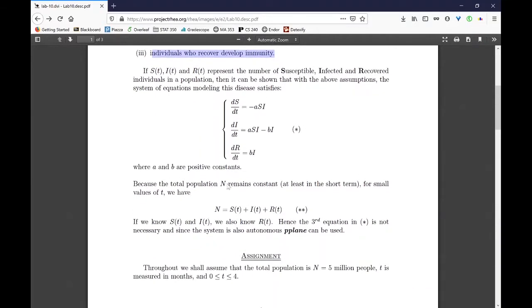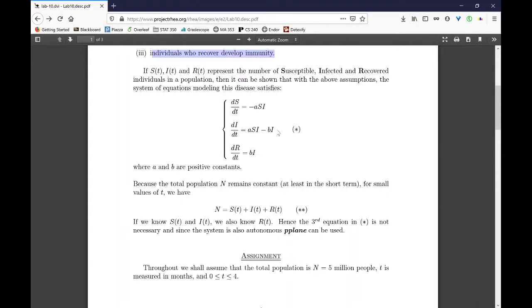Because the total population, which we'll just call N, the number of people in the population, remains constant over a short time period, we know that N is equal to S of t plus I of t plus R of t, and we can rearrange this and show that R of t is equal to N minus S of t plus I of t. So this means that we don't really care about this term right here because we can always calculate it if we know the values for susceptible and infected. Therefore, we can just take a look at these first two equations,